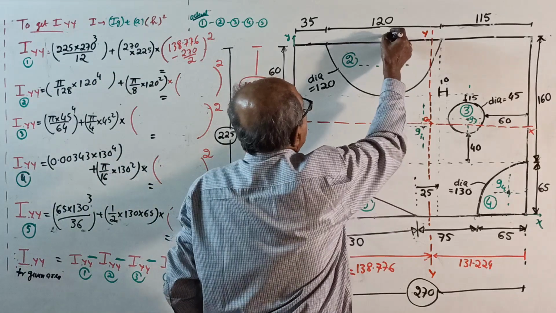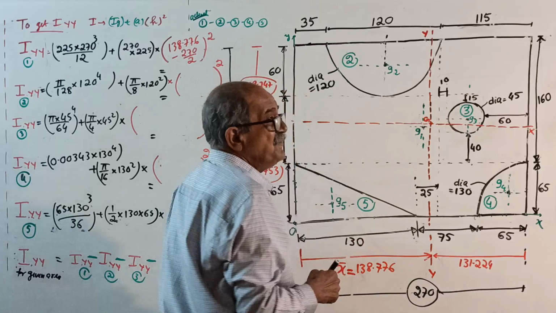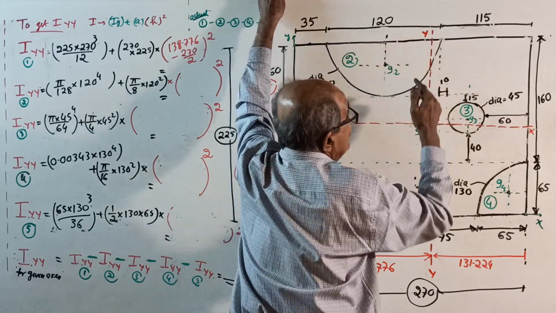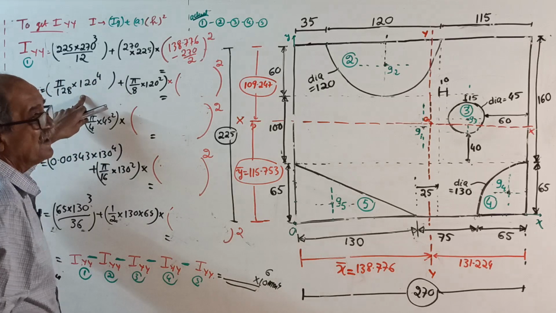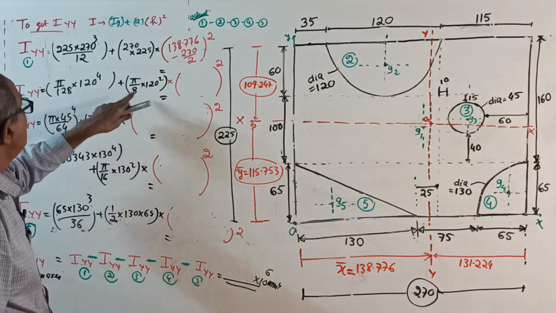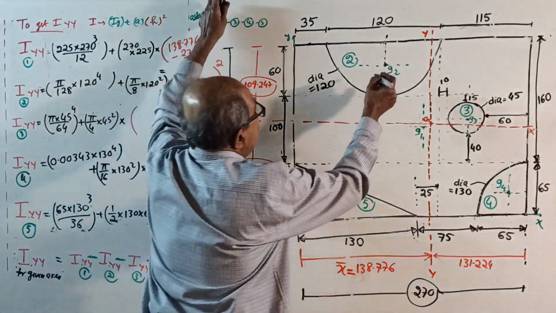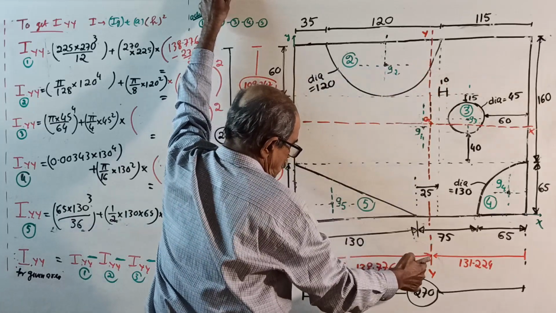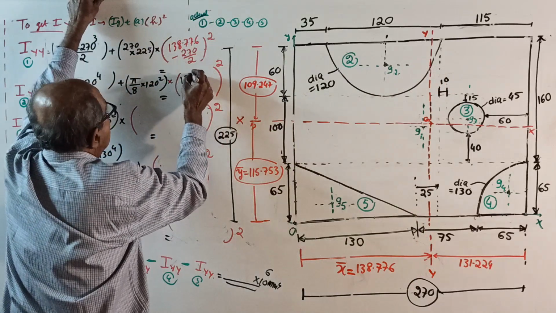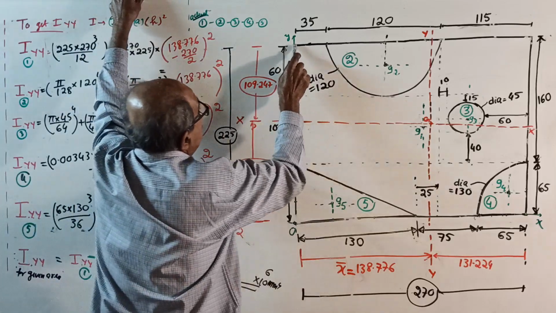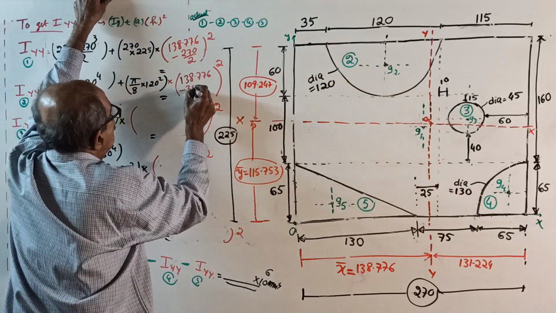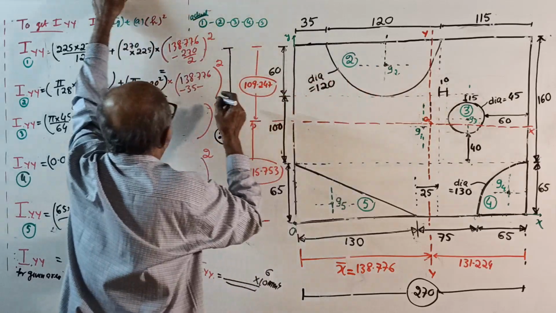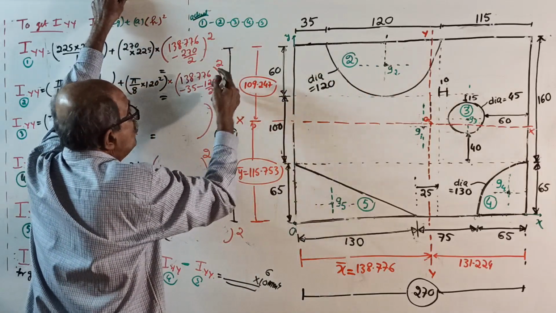I about yy for 2, its own axis. Semicircle, now symmetry, see, this axis is the axis of symmetry for the semicircle. If symmetry is there, it is half of the circle, pi d power 4 by 128. Area into from centroid to yy, see, this distance square is 138.776 minus 35, also minus from here to here, this is 120, means half of 120 by 2, whole square will give